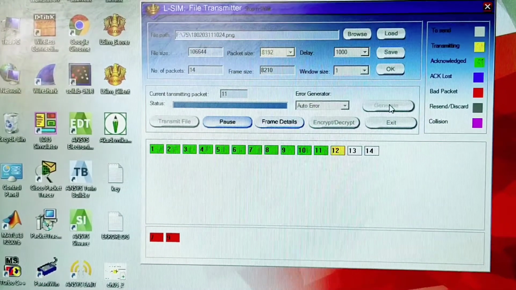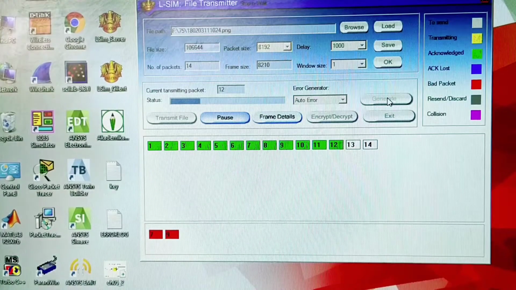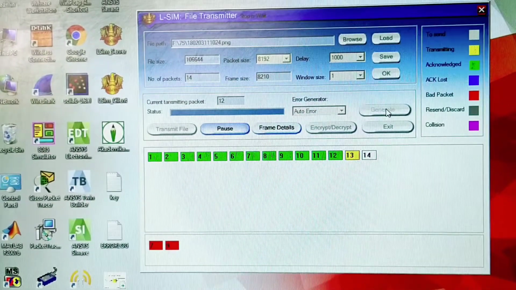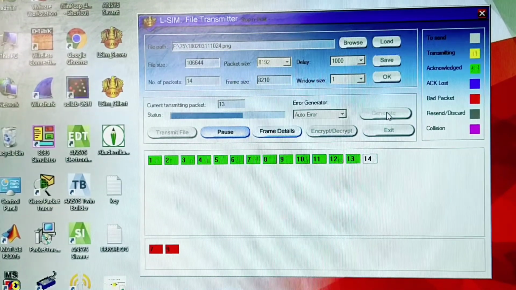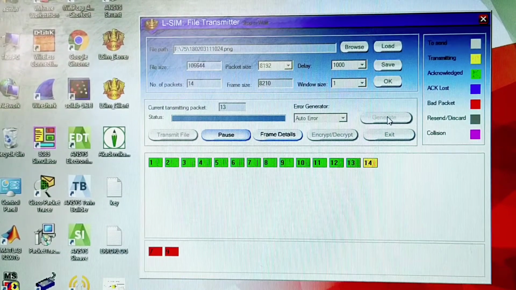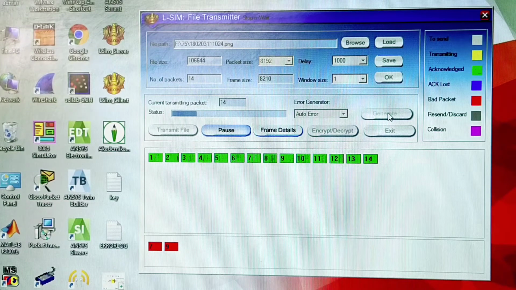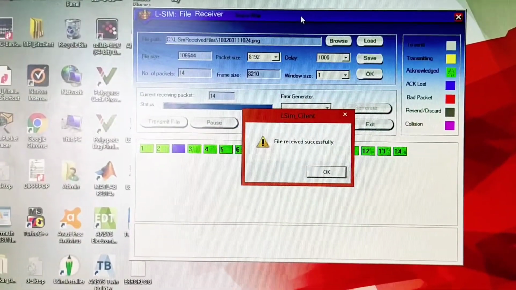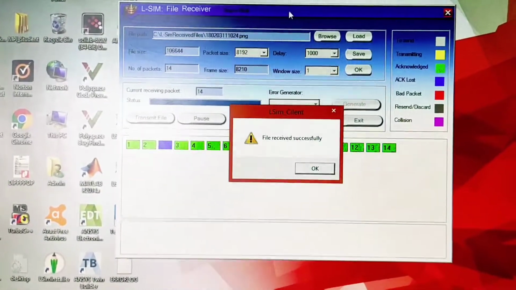As you can see, nicely and smoothly, the normal transmission is going on one after another, that is indicating stop and wait performance and protocol itself. We are about to finish the transmission. Now it is finished. 14 number is sent, 14 number is received, and here we are with the message file received successfully.